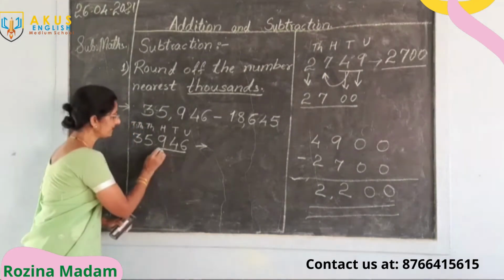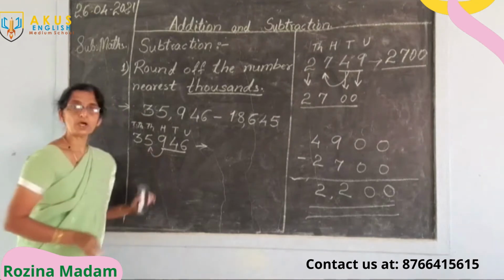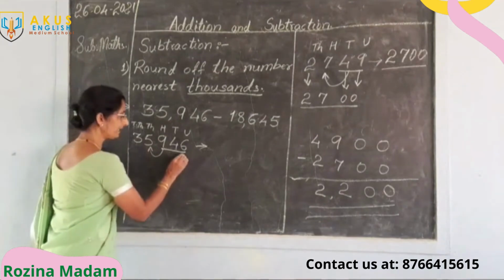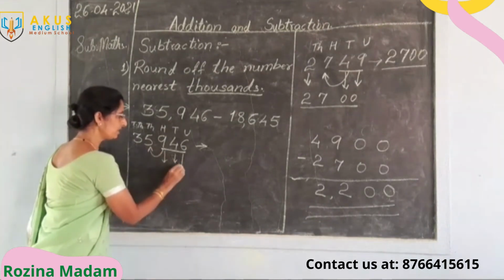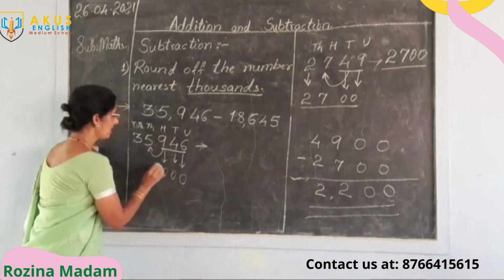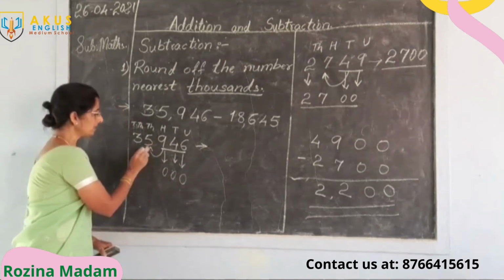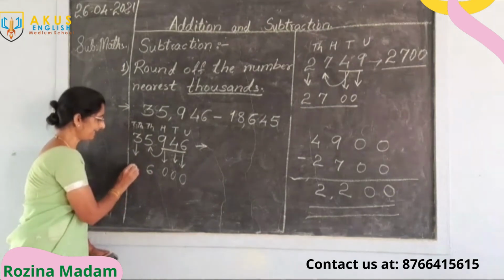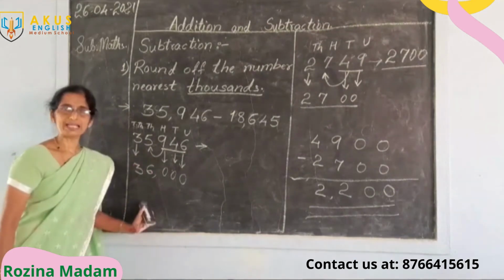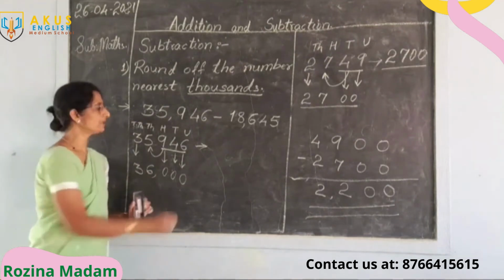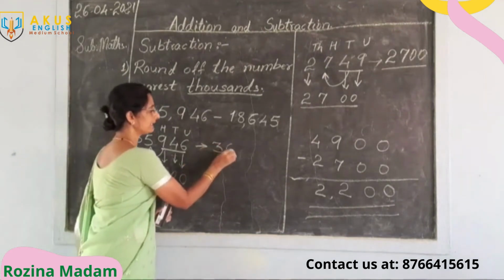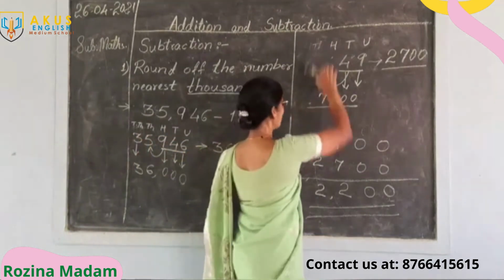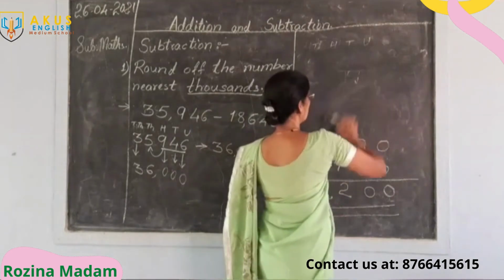So the number on the thousands place is increased by 1. And these all 3 numbers will become 0, 0, 0. And to 5, 1 is added. So 5 plus 1, what is the answer? 6. And this number will remain as it is. So you got the answer 36,000. So you can write here 36,000. Now in the same way, the second number I'll write here. The second number is